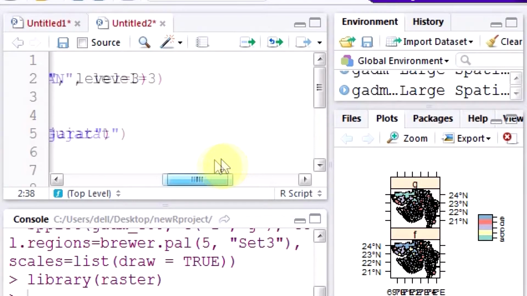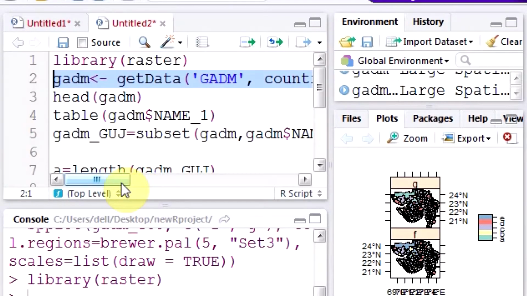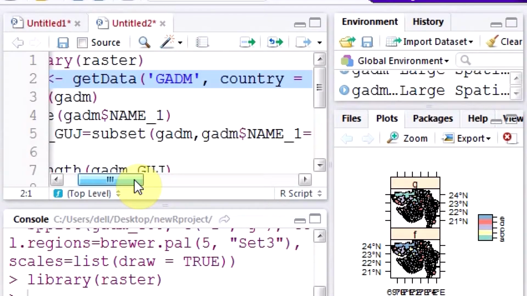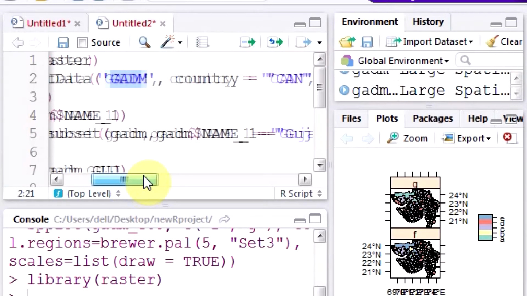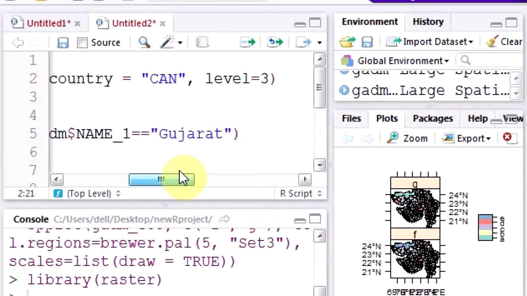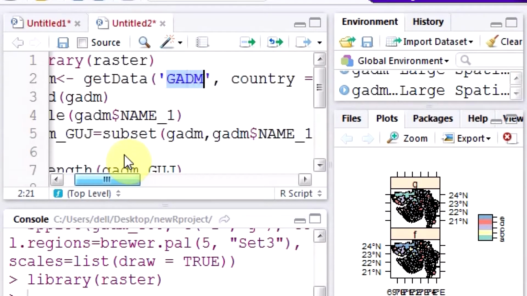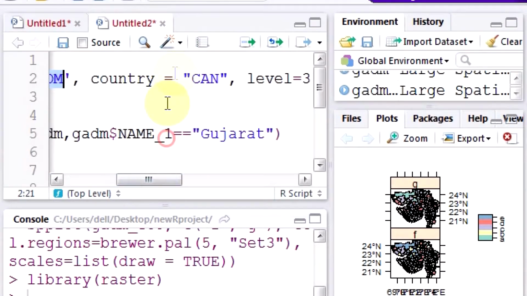Level 3. The amount of detail is given by the level, right? So I use the function get data from which database? GADM, then country by the country name, then level equal to 3. Okay, I can also try and do this like this.